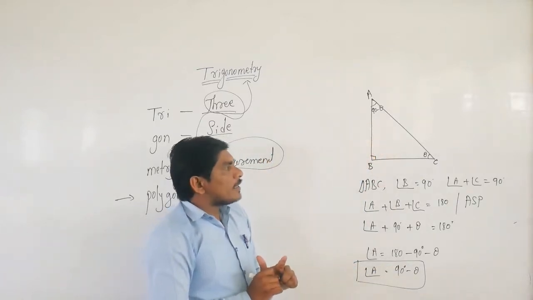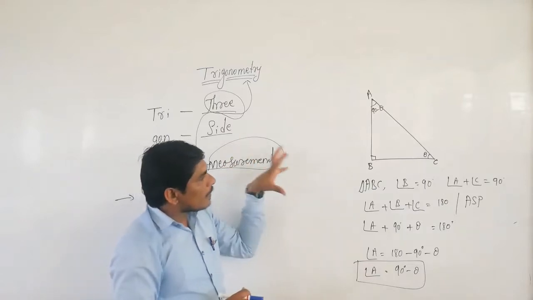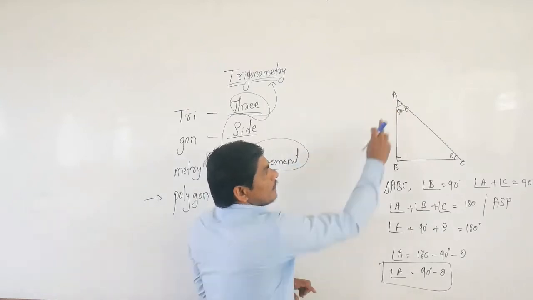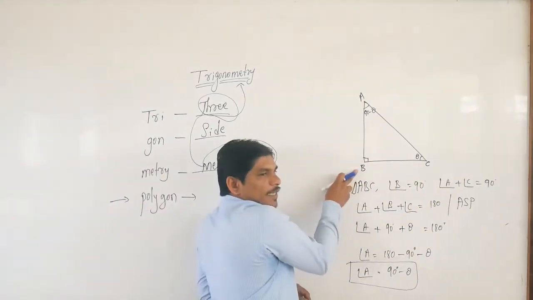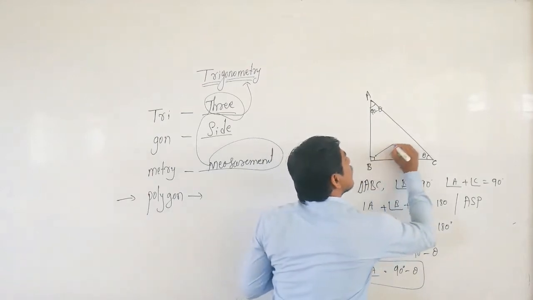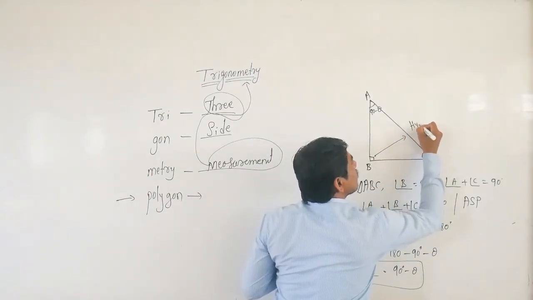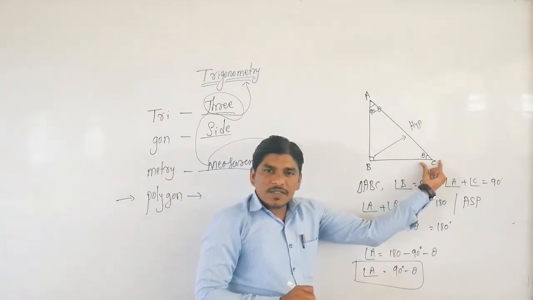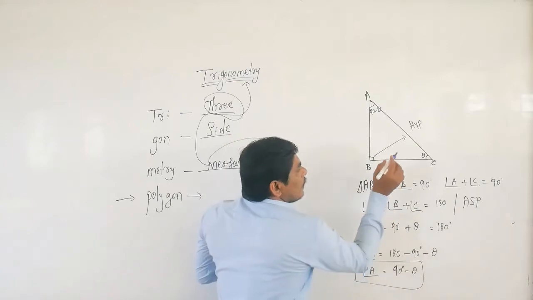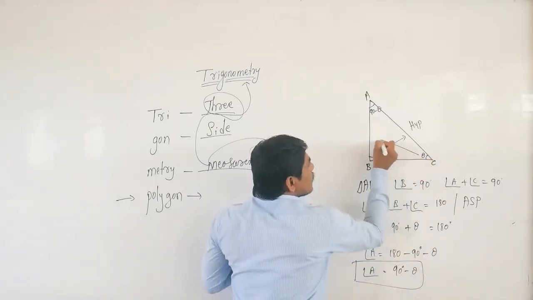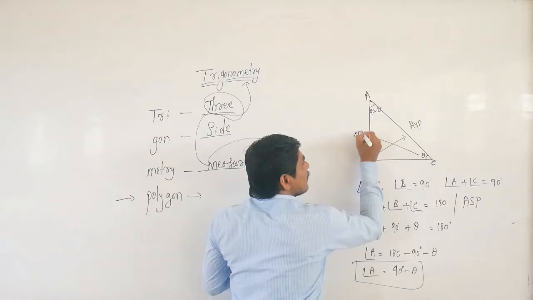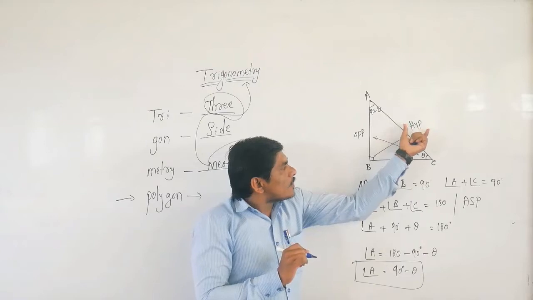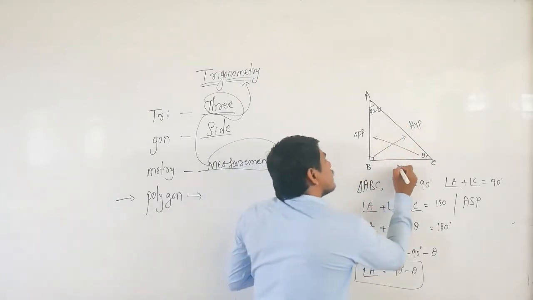Now the next point is a very important concept, a very basic point of trigonometry. Here in this triangle ABC, angle B is equal to 90 degrees. The line segment opposite the 90 degree angle is always the hypotenuse, and in this figure we consider angle C as theta, an acute angle. The line segment opposite the angle we considered is always the opposite side. And the line segment adjoining the opposite side and the hypotenuse is always the adjacent side.